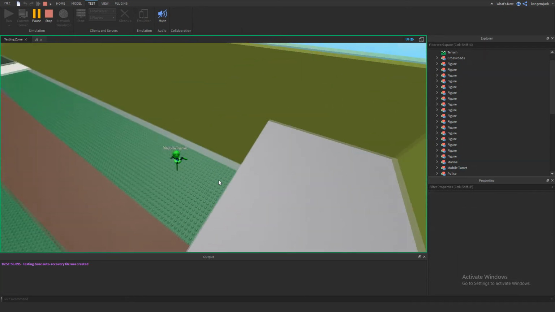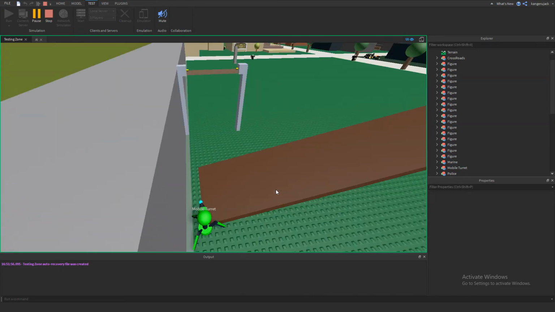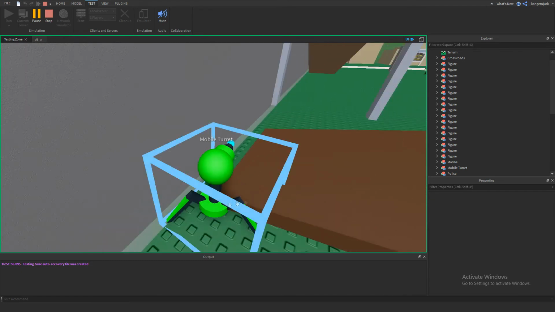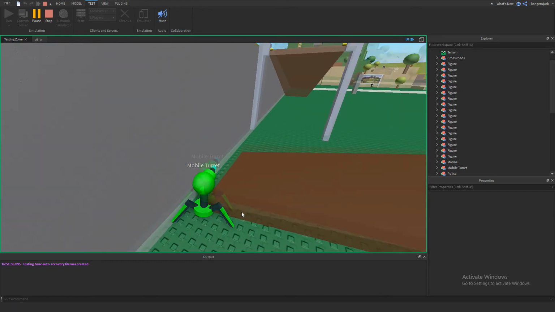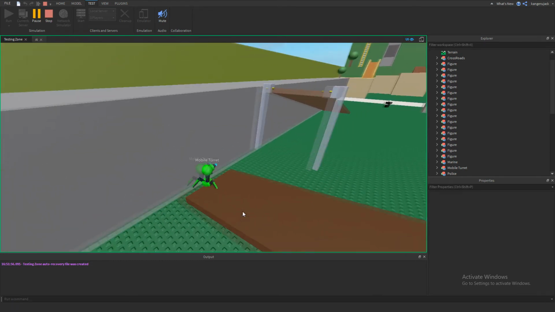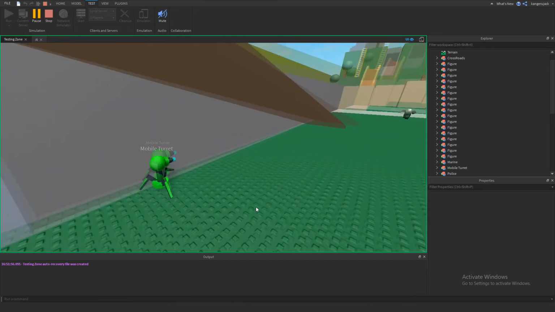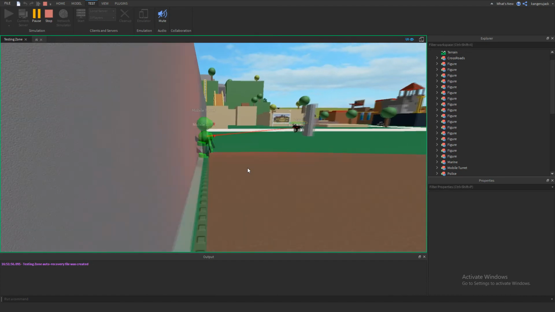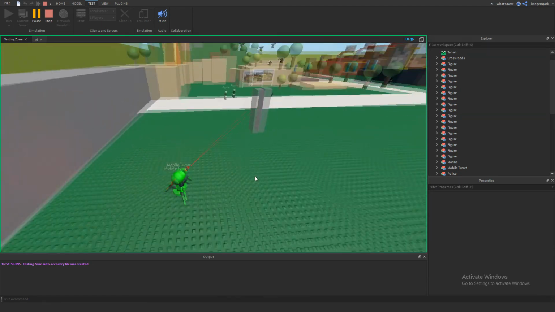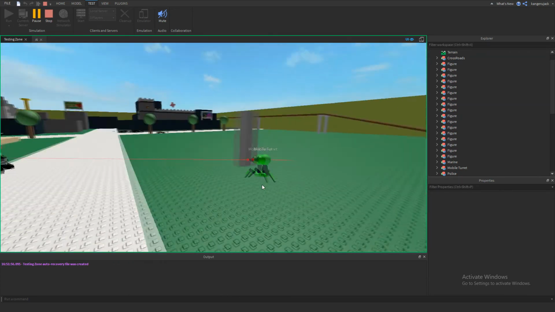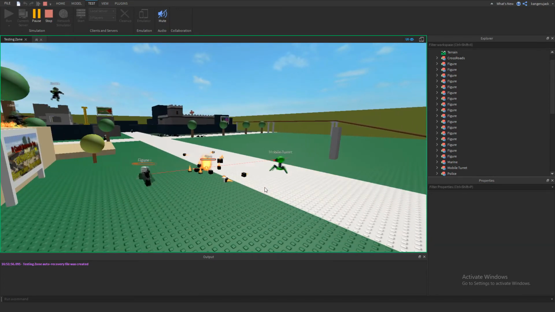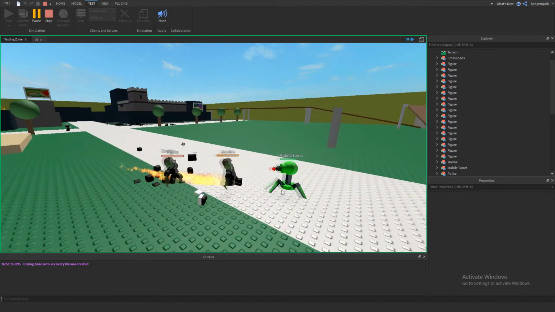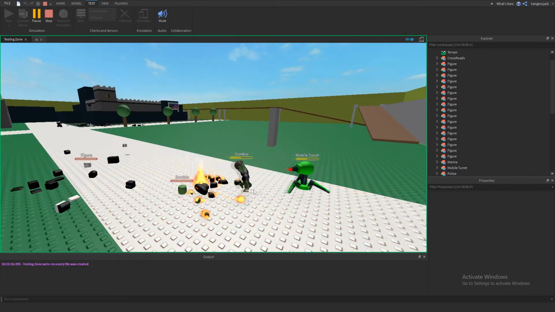If we put him down here, you see he's going to pathfind his way home. You can see he gets stuck on a lot of things. We're going to be fixing that in a minute here. He ran the unstuck function to jump. And now he's working his way back over. And he got distracted, found a target while he was walking, so he's going to take care of those targets before he returns home. And as you can see, zombie gets too close to him, he backs away and continually